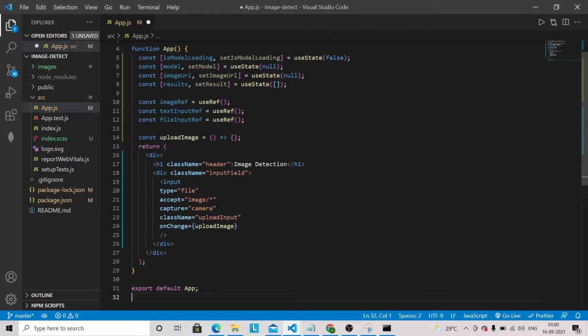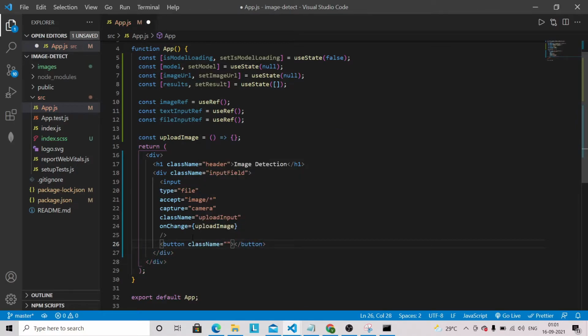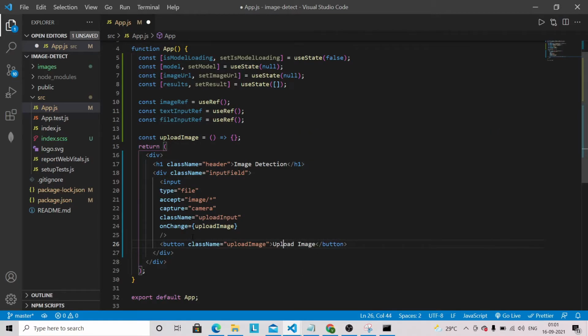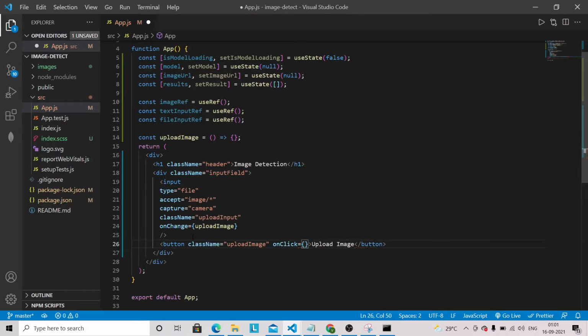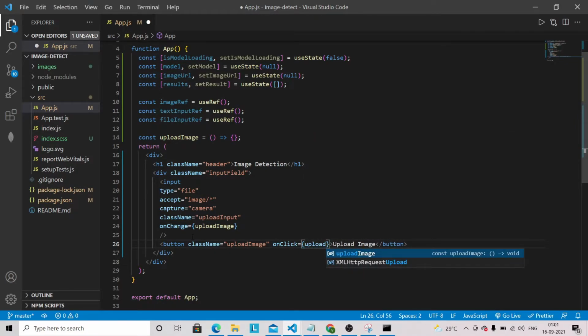And we are going to have one button here, and this button will have the className upload image, load image, and onClick we are going to have one more method, that is uploadTrigger.